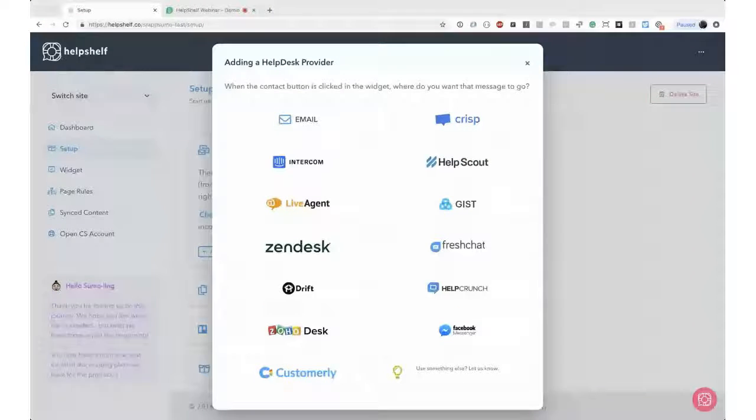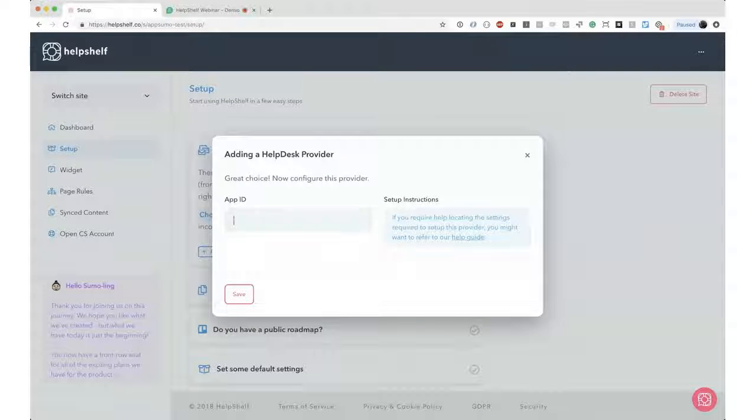So in this example, let's say we're going to add Intercom. We want Intercom to be the way that our customers and our users can get in touch with us. So we click Intercom, we enter the app ID. Now, this is going to take far too long if I show you how to find the app ID and everything else,